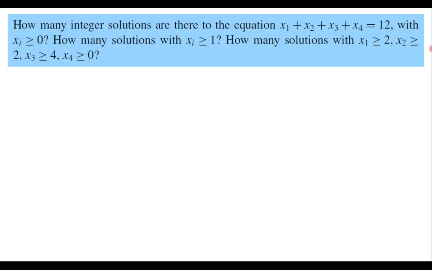So based on this, how many integer solutions are there to this equation? If you see this one, then simply you can see that there are 4 boxes, x1, x2, x3, x4, and 12 identical objects need to be distributed to these 4 boxes. To distribute them, we already know the formula, so it's C(r plus n minus 1, r), where the number of boxes is 4,